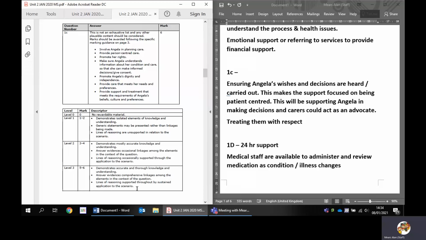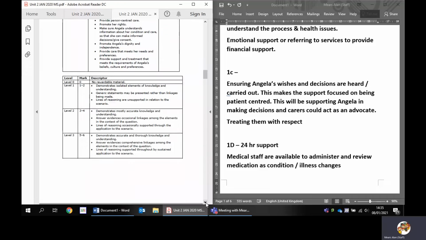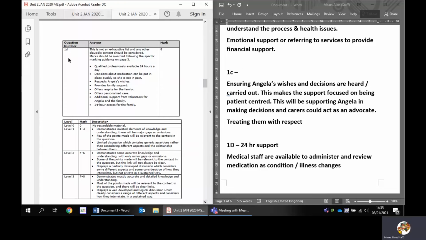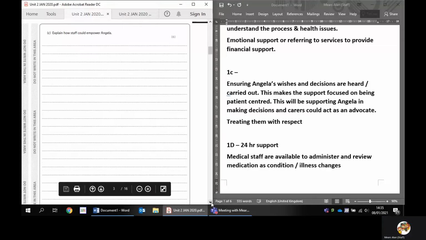The main thing about this is, again, you're making your points and you're linking it back to Angela and mentioning her throughout your answer. And again, just explain anything to ensure you have made your point clear. And then for 1D,